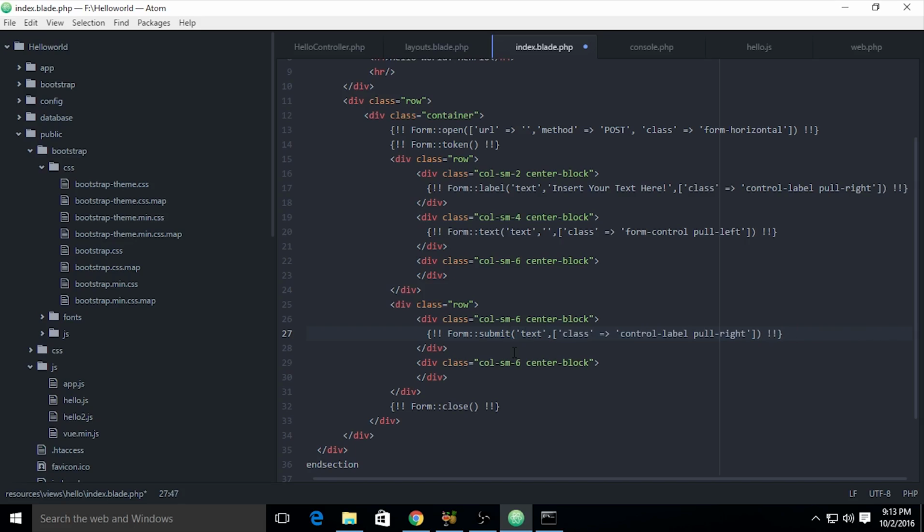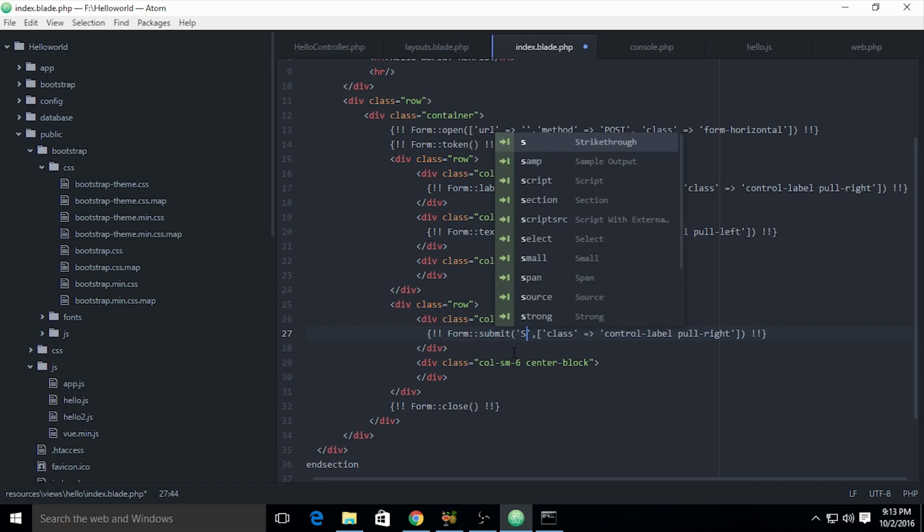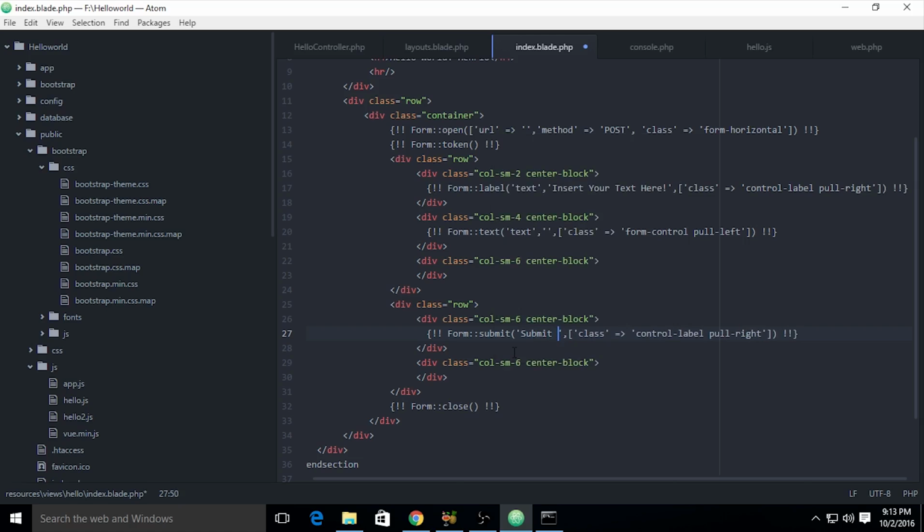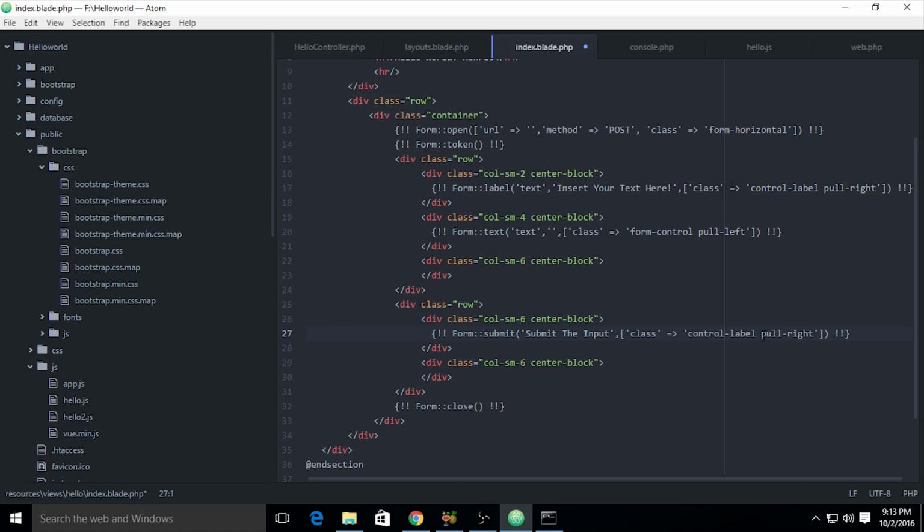And submit is the input, and the class you cannot use form control because it's not the label or the text input. The name is free text for another programmer, and the class is btn